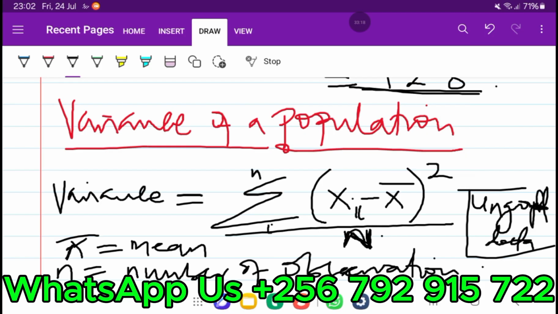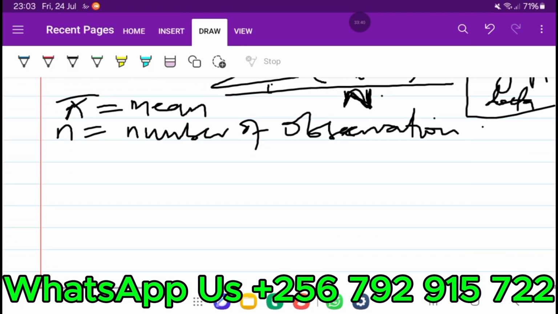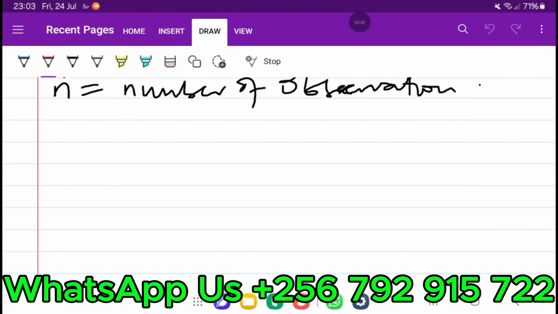So that's one of the formulas. I'm also going to give you another formula. But all these formulas, once you use them, you are going to get the same answers. But if you take this one, it gives you so much work. Now the other formula is to use, if you don't use that, you can use this, or variance